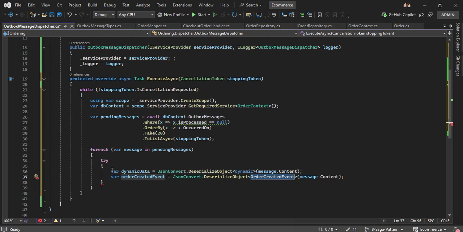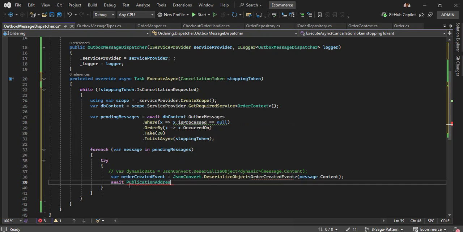I just wanted to show you this example, you can do this dynamically as well, and then you can pass in the dynamic data, and the other way is creating that created event, right? I'll just comment this piece, or this is basically not needed, and you can stick with this static typing itself, right? And then once we have this, what we can do is await publishEndpoint,